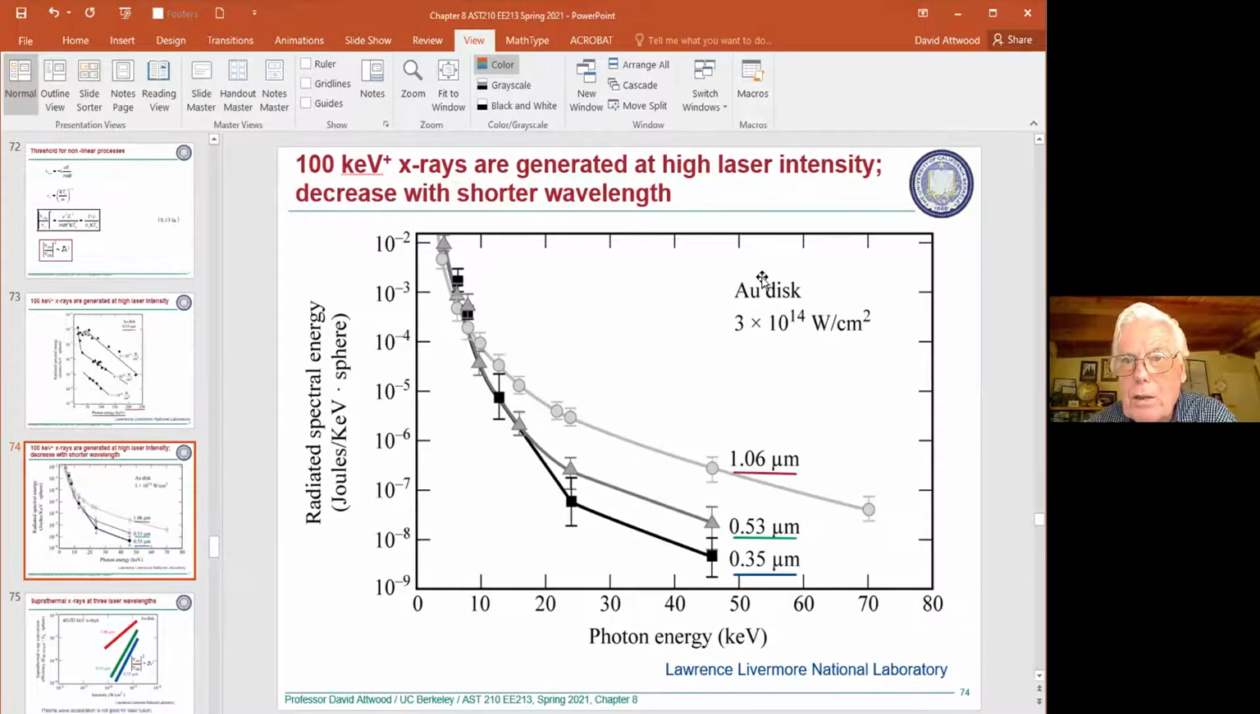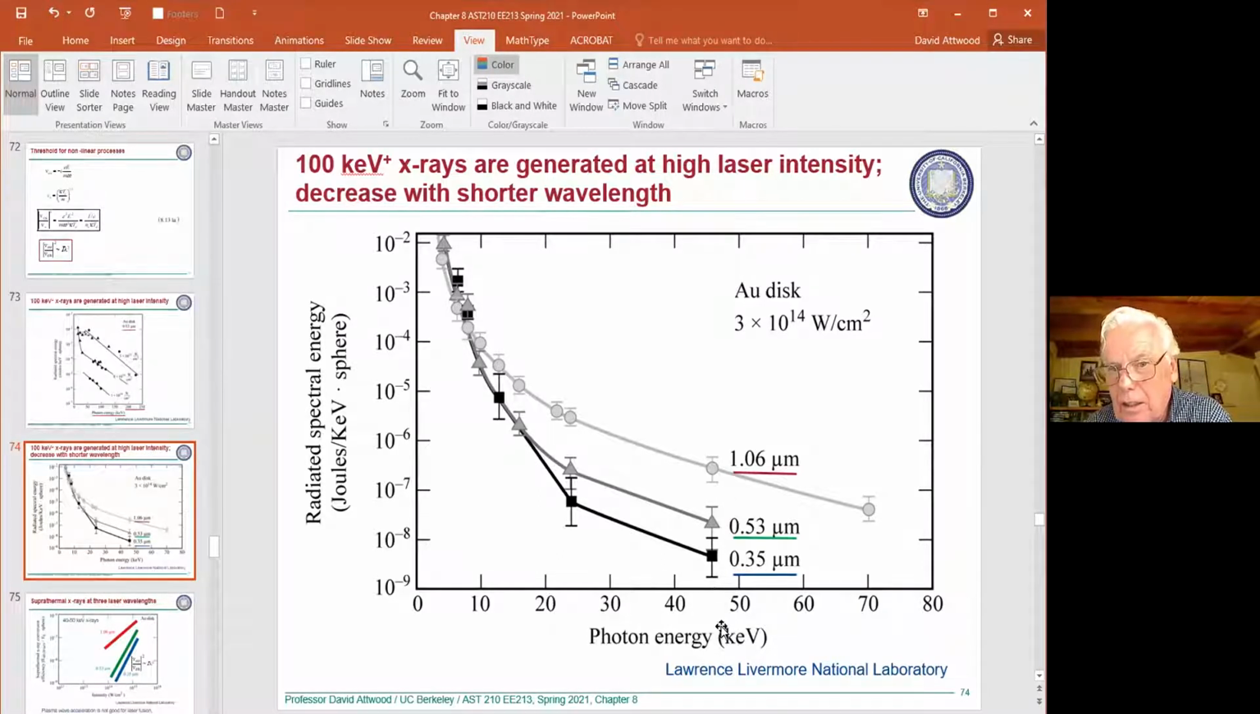This is looking at a gold disk at 3×10^14. So these things are relatively low at 3×10^14. The index is relatively low, but you can see the lambda squared effect here. These are orders of magnitude. So there's a lot more